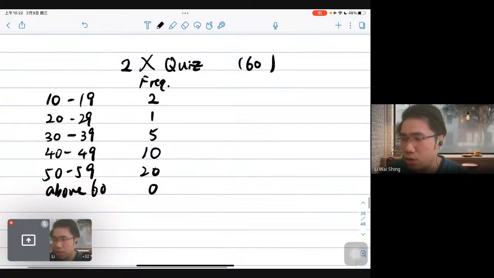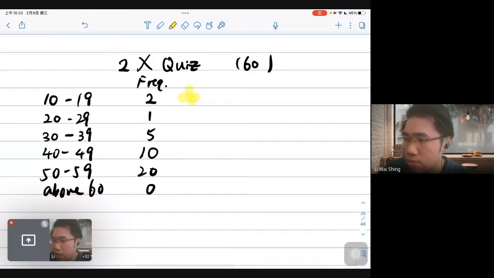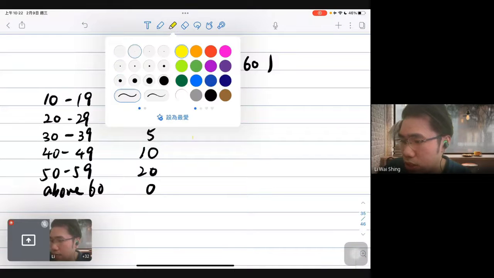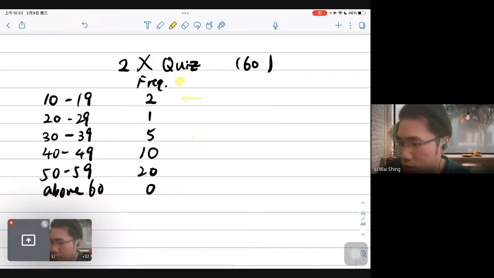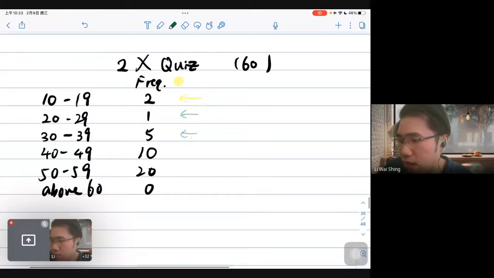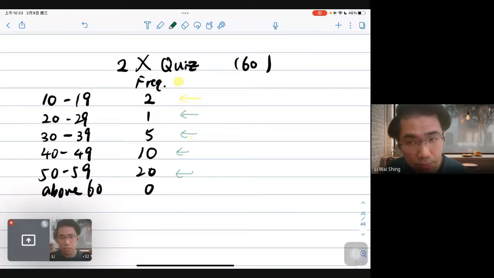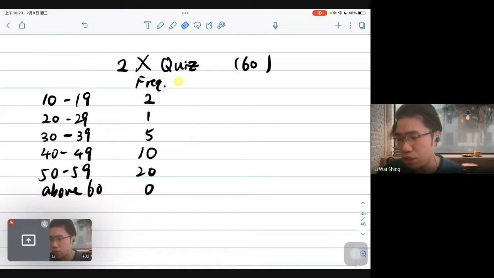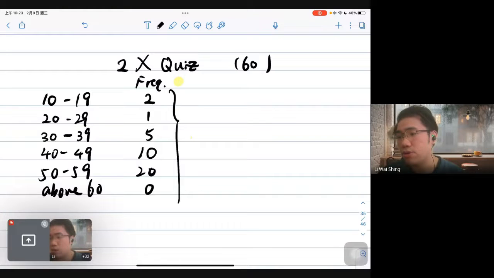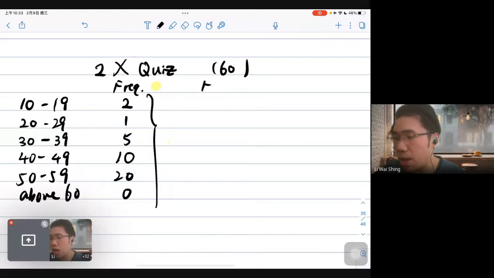Okay, so using this frequency table, I know that the lowest group, I got 2 students. Second last group, I got 1 of you. 5, okay, in the middle. 10 more than middle. And then 20, okay, is the most greatest student. I know the distribution of each group. 我知道每一組點分佈。However, Mr. Lee wants to know how many of you